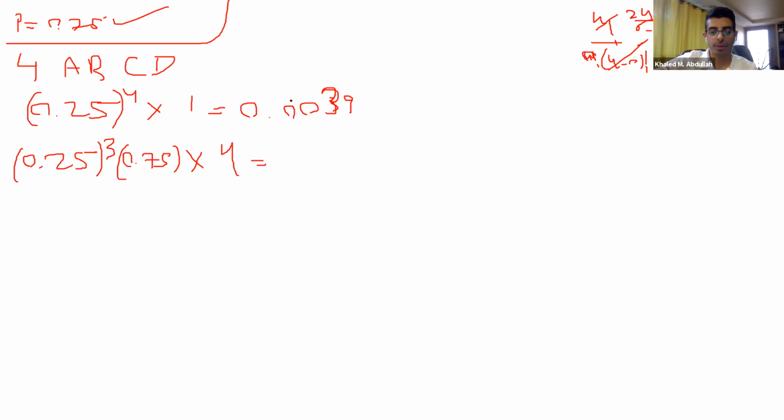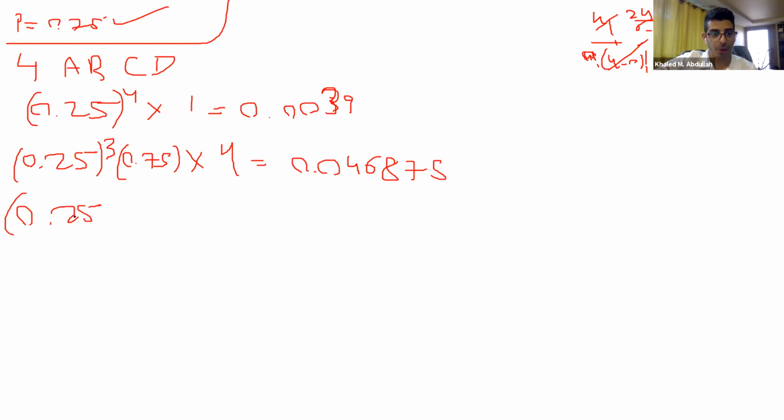So I got 0.0469 exactly. It's like 0.046875. We're kind of rounding, but I'll just write it all, just because I don't want to round. 0.046875. Okay. So that's the second answer. The next answer is going to be